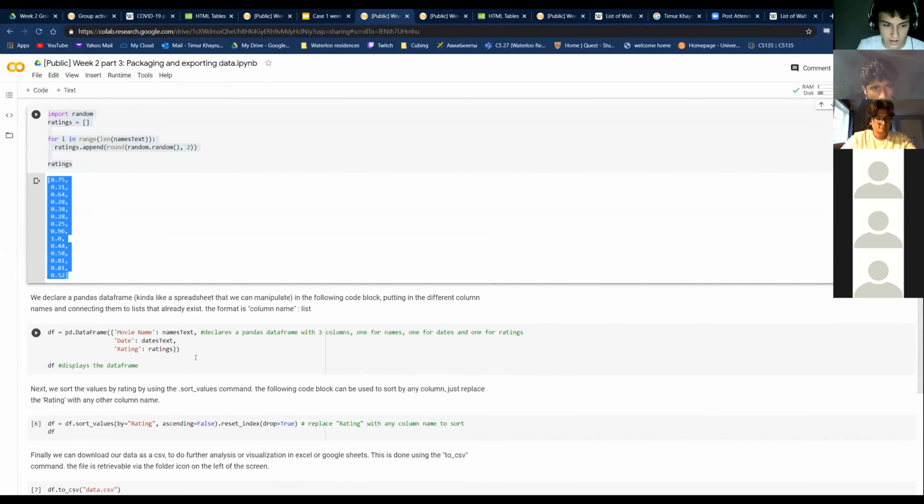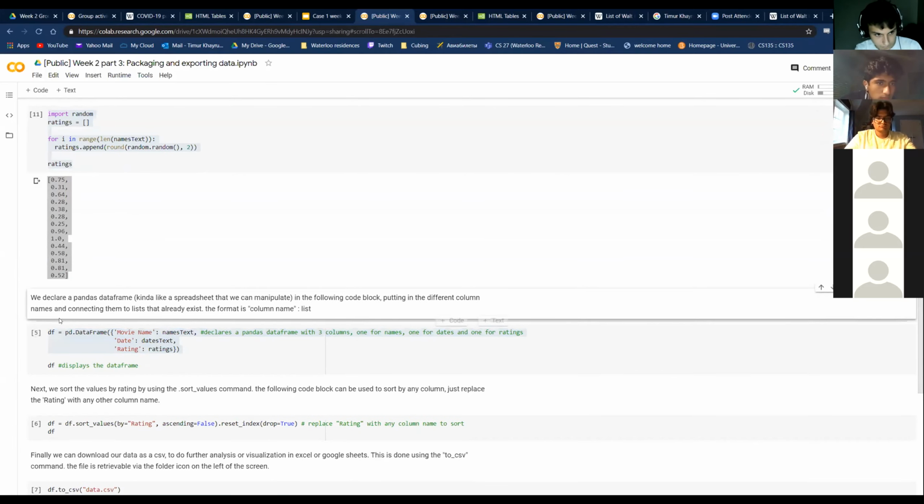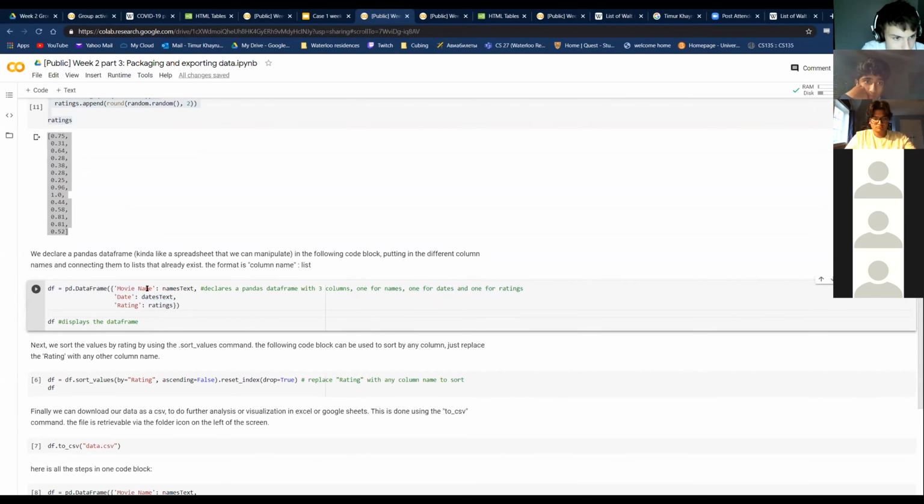This is where the magic happens. We declare a Pandas data frame, kind of like a spreadsheet that we can manipulate, in the following code block, putting in the different column names and connecting them to lists of data that already exist. The format is column name, colon, list. So let's unpack that. Here, as you can see, if I zoom in,